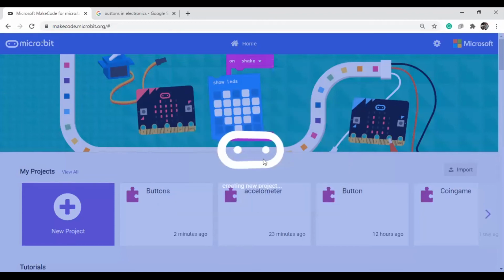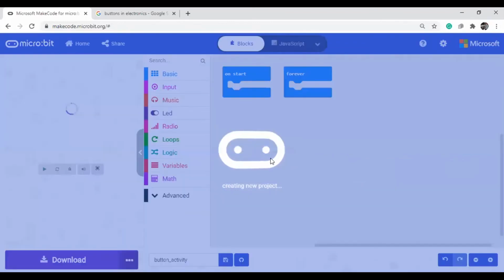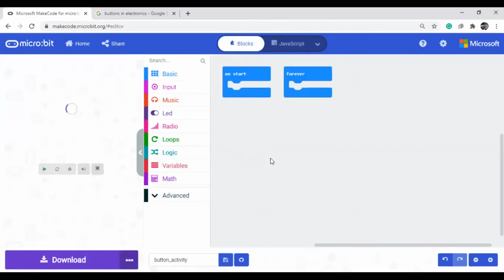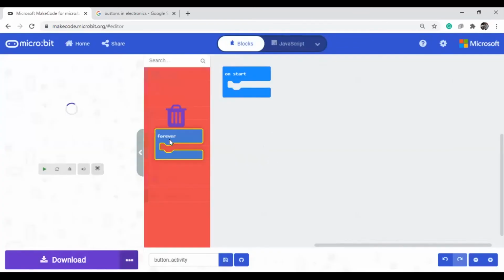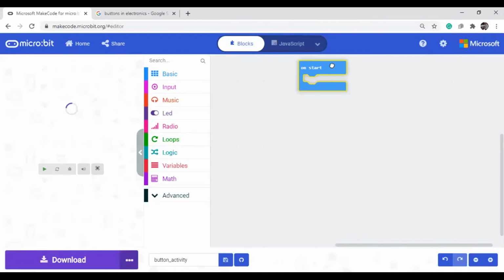Okay, and now I'm doing. Suppose if you want to do all these things like increment and decrement, and these changes, we need one variable. So let's create a variable. Already you know how to create a variable.